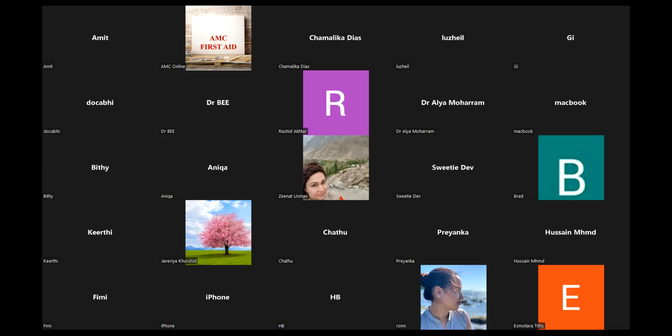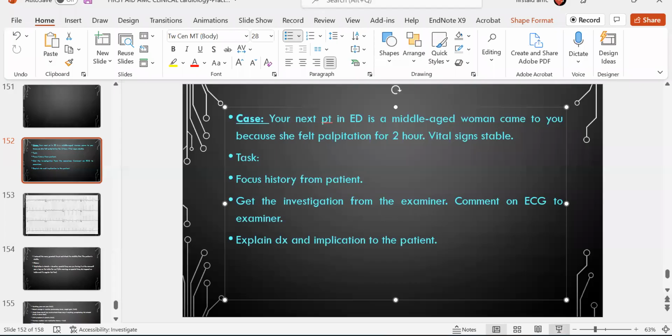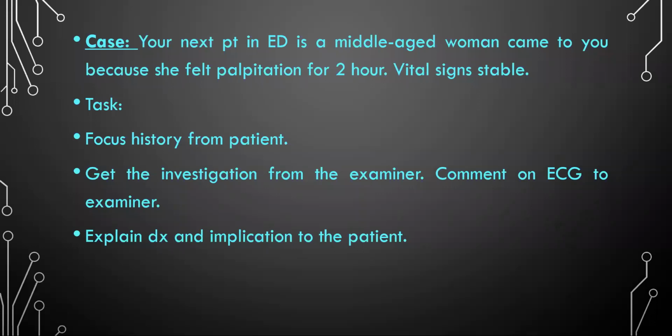Okay. I'll give you the case. Just give me a minute, please. So we will do this case like an online examination. So follow the online examination format here. That means that you can't ask anything from the examiner. So this is your case. Your 1 minute time has started, and then we will start your case.